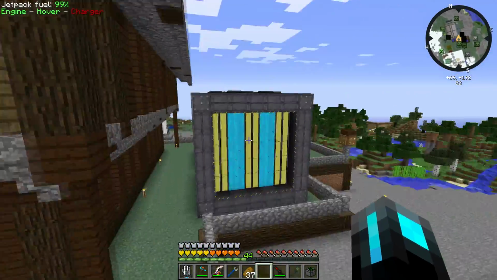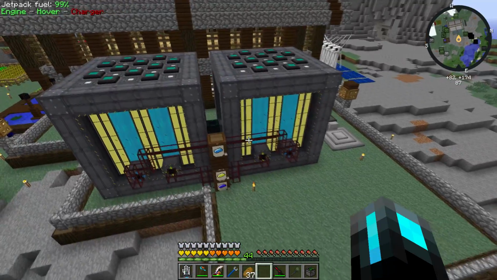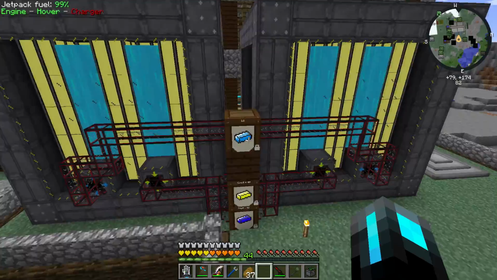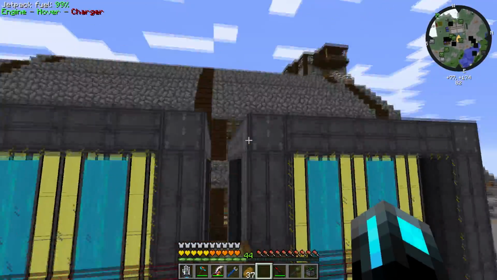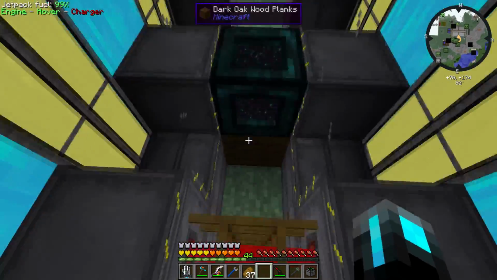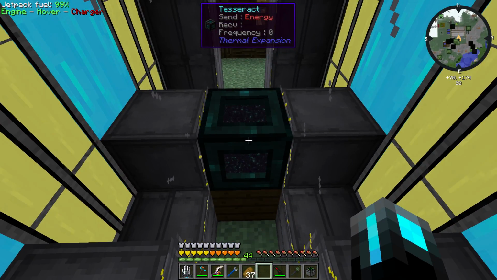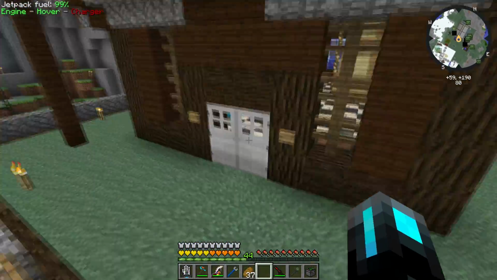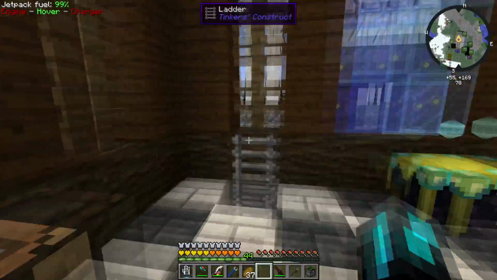So this is the reactor design I'm going for. Now I've got two of them because two means double the power, and I've got the digital miner to get the fuel for it, so I've never actually had a problem with fueling it. I've put it directly hooked up into a tesseract, so the power will directly receive into my facility. If I go over inside now, I gotta press 5 on the number pad for the jetpack. Go downstairs